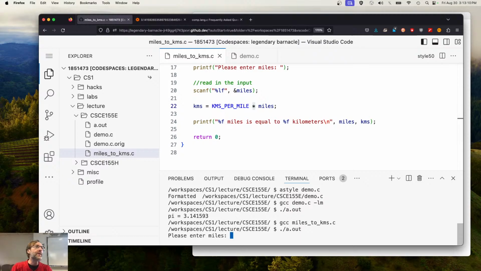So let's go ahead and run this interactive program now. So miles, yeah, 3.11 miles. So that's significant because I'll use this as an opportunity to plug